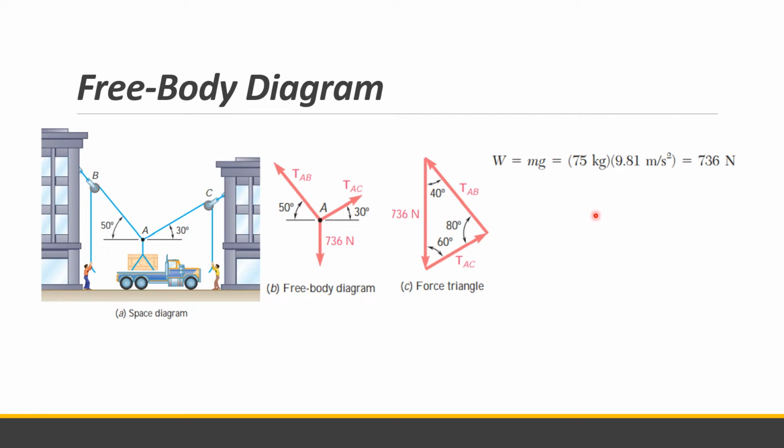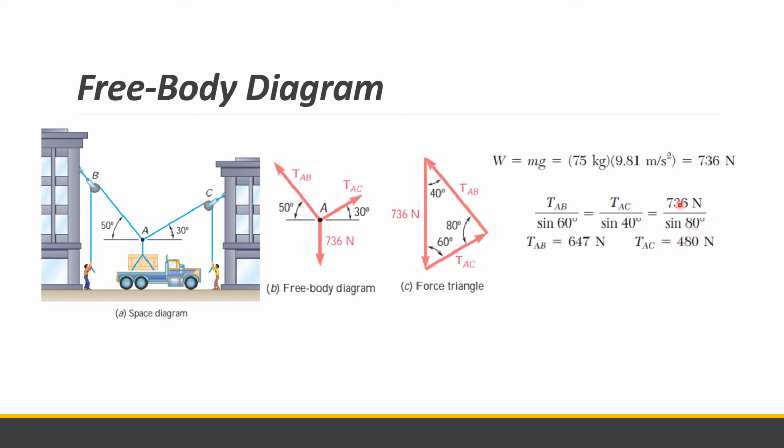So by applying trigonometric solutions, in this case you will use sine law. So sine law is the length of a side over the sine of the opposite angle. So that is TAB over sine 60 is equal to TAC over sine 40 and also equal to 736 Newton, or the weight of the box,